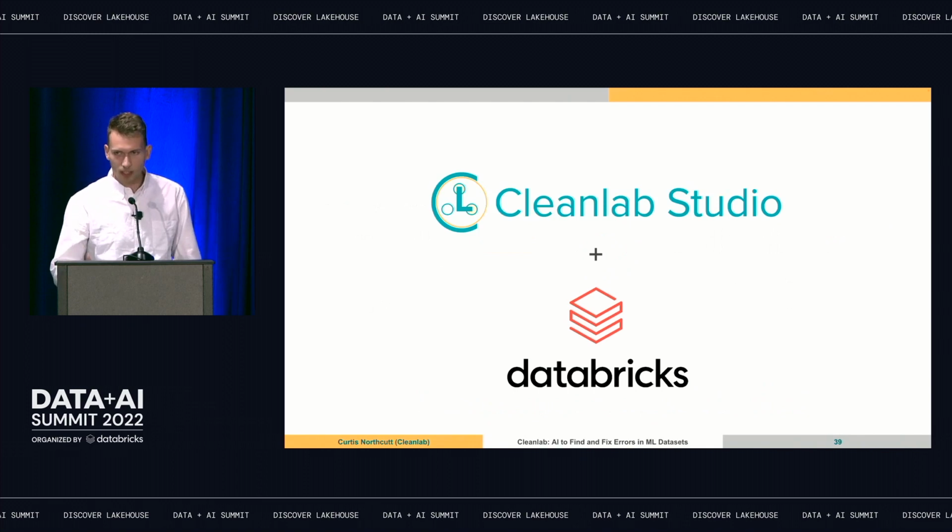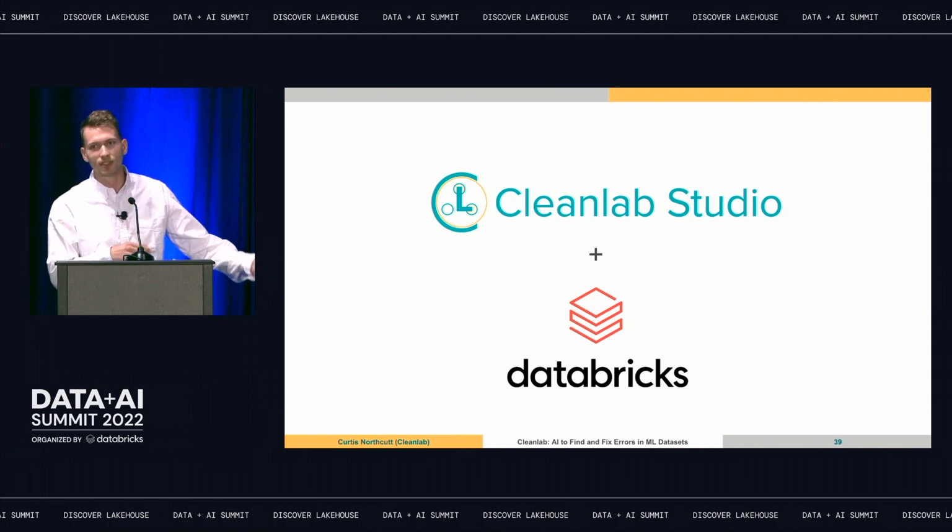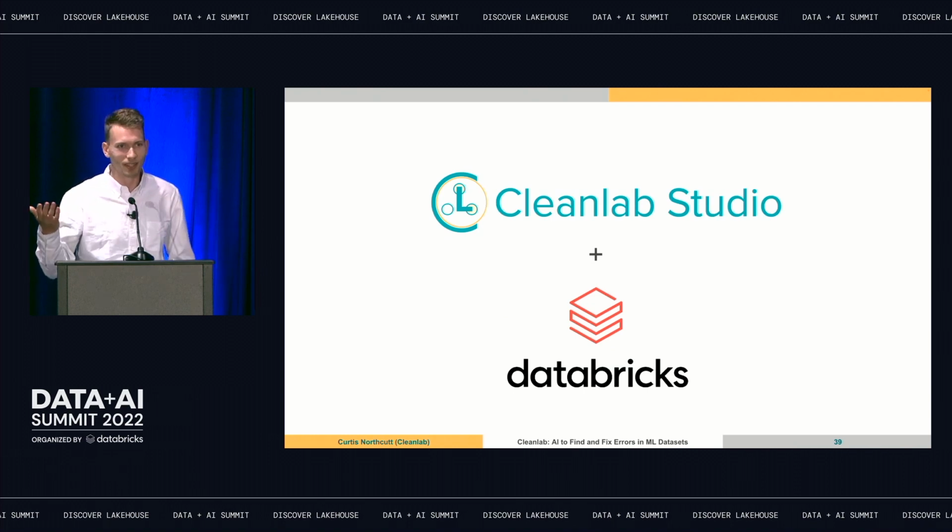All right, and then folks who are using Databricks, it's a simple integration. You can just send an email to team@cleanlab.ai, and we'll set it up for you. But for anything like Parquet or Lakehouse, however it's formatted, in the back end, all we're doing is converting to CSV and then uploading it. I'm not supposed to tell you that, but it's what you would expect that we would do. But it's a really easy integration, and you would just click deploy on Cleanlab and then open up on Cleanlab. And so I'll just show you starting from there.